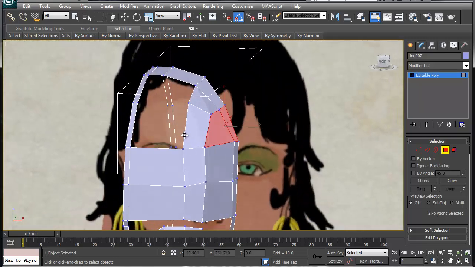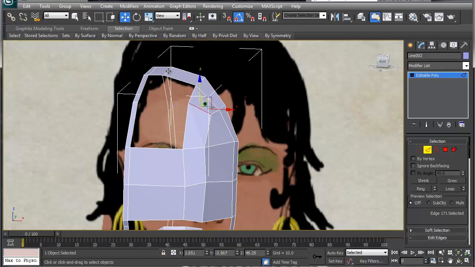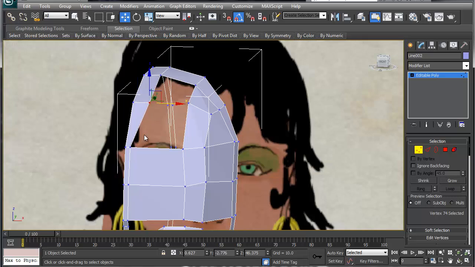And let's take this, let's go into the edge mode, and I'm going to just control remove that out for now, just because it's a little bit in there that I don't really need. I'm going to actually just move this out and over, and move this out and over as well, kind of pulling out the forehead from the eye a little bit more. Okay,